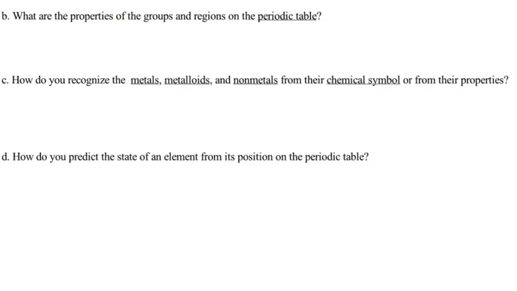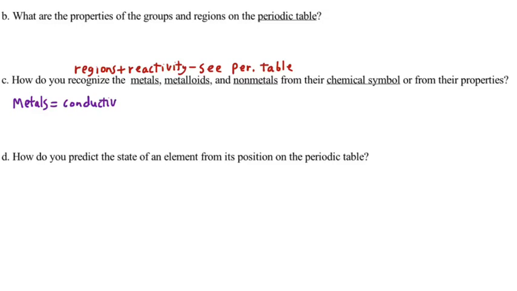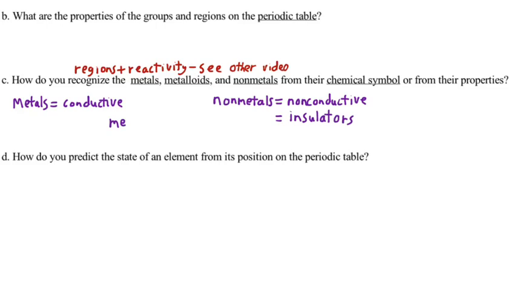Okay, so next we have properties of groups and regions on the periodic table. So I'm going to put the groups and regions on the periodic table in another video because it's already done. So recognizing the metals, metalloids, and nonmetals, which are three of the regions you'll see, are